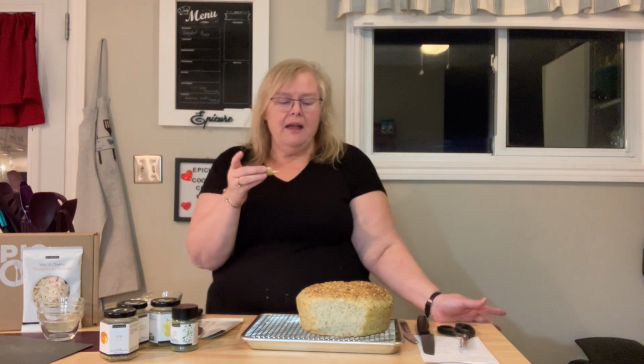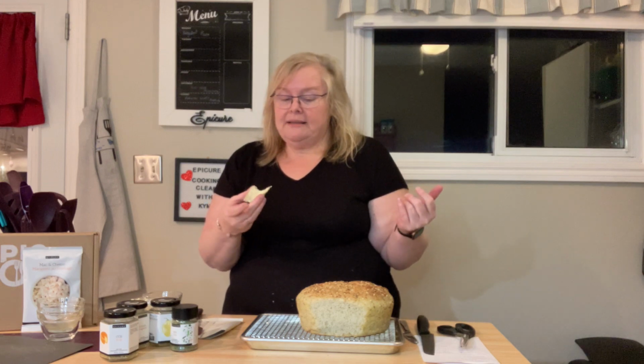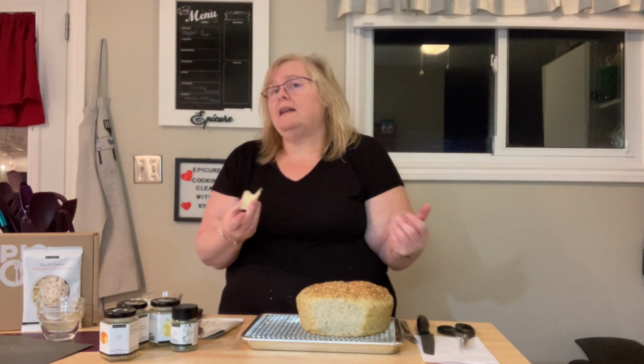I think we talked about next time we might add some cheese to it. But yeah, I will definitely make this again. So I will post the recipe in my group in case you're interested. It says to let this cool completely, and if you're going to put it in a bag, to leave the bag open, or to put it cut side down on a cutting board, and it'll last on the counter for